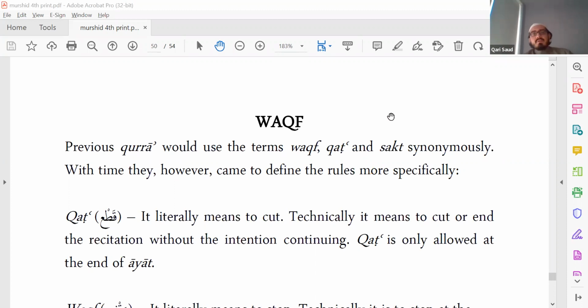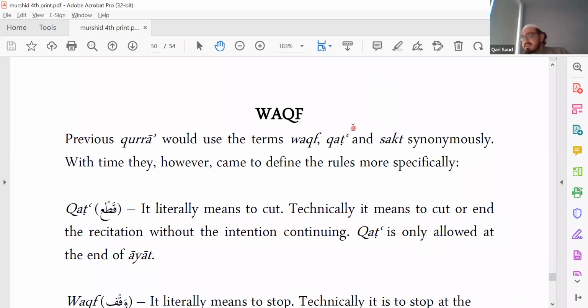So for those of you just joining now, you can refer to the recordings, try to catch up, inshallah. We're almost done the book. So we're going to finish waqf and then move on to a lot of practice, inshallah. And then after this book, maybe we'll go on to actual recitation classes, so you can actually recite and put everything into practice.